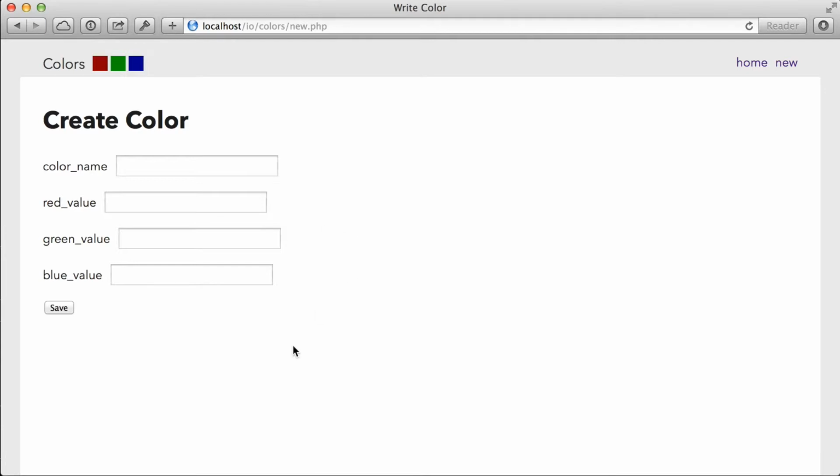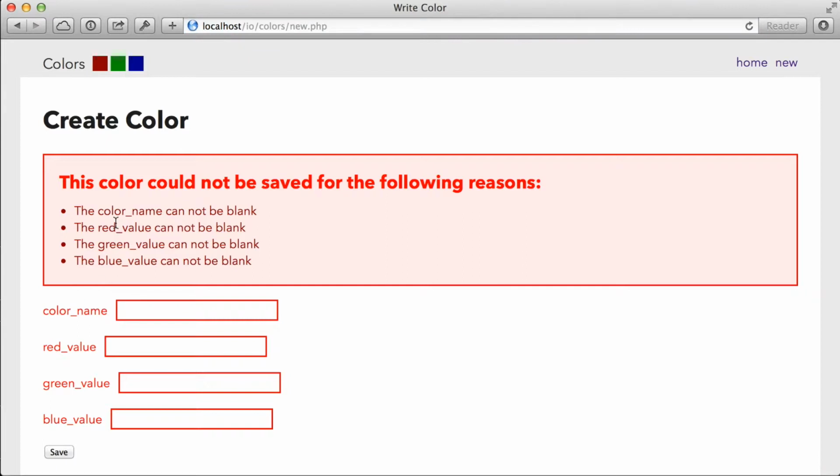You might remember that for sort of efficiency's sake, we put some loops into the new page to make it a little bit easier for us to set up our different fields in our form. We put it in as a loop because it helped with our validation. It kept us from having to repeat an ugly little bit of code 4 times. Instead, we could just have it there inside a loop. But one of the results of that was that we ended up with these ugly field names. We had the same basic problem also happening in the validation itself with these ugly field names.